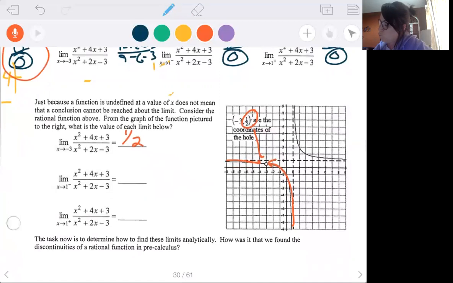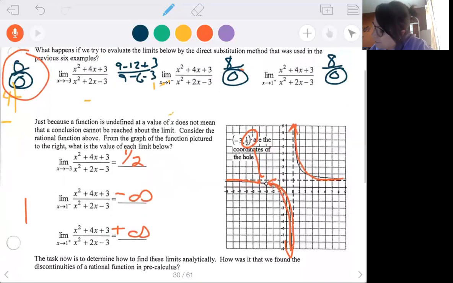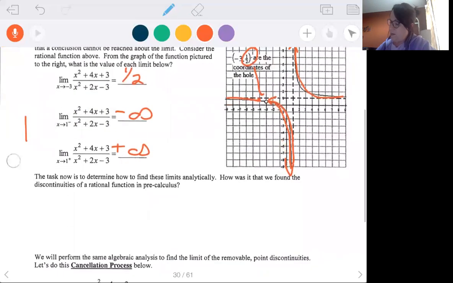As I approach 1 from the left-hand side, this function's going to negative infinity. From the right-hand side, it's going to positive infinity. Remember, from both sides, I'd write d and e. So look at what happens when I had this 0 in the denominator, but a constant on the top. Graphically, it meant I had an asymptote there, and I was going to one of the infinities. So what I know right here is when I get 0 over 0 upon